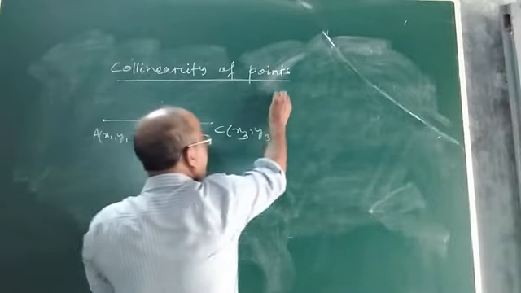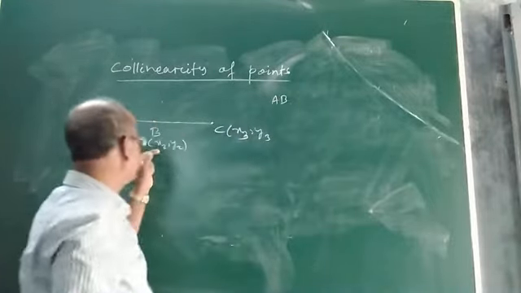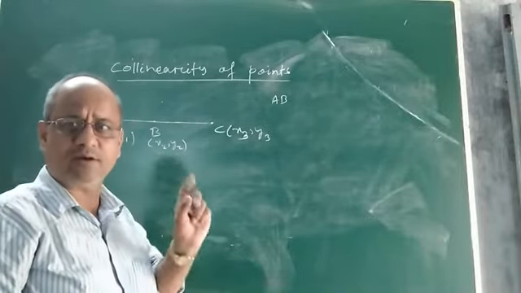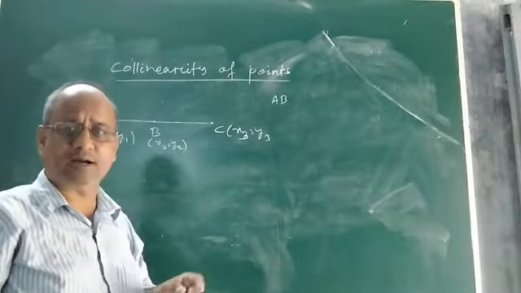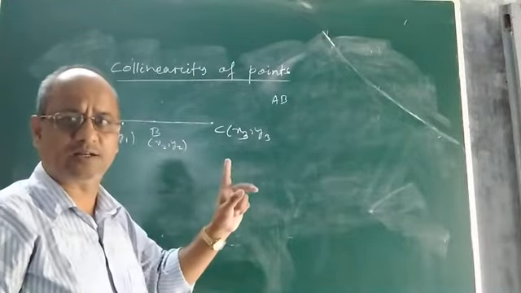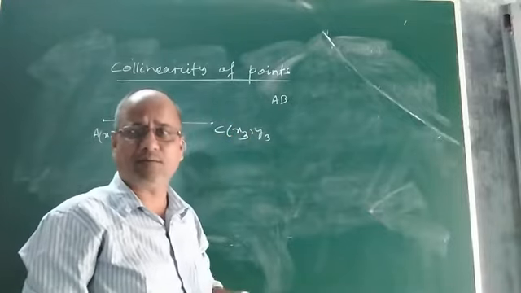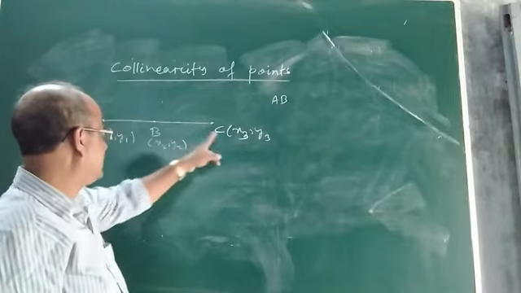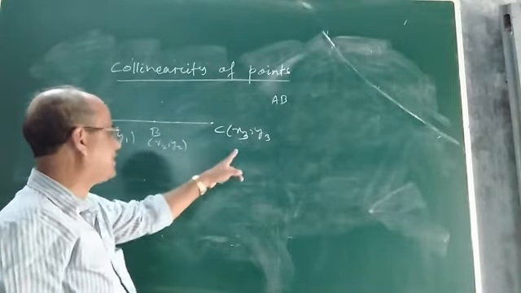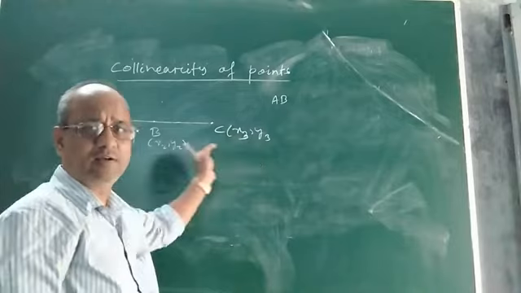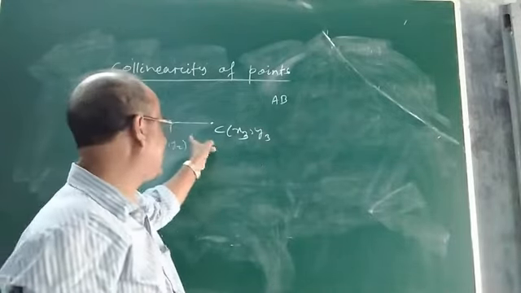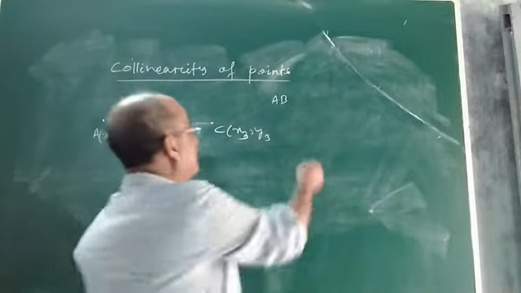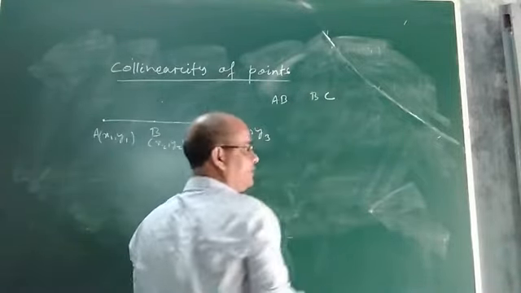First you find AB. Find the length of AB. You are given the coordinates of A and B, so you can easily find the length AB, or the distance between the points A and B, using the distance formula. You know what the distance formula is. So first you find the length of AB. Then what is the next step? Again you look at the coordinates of the 2 points B and C, which are given, x2, y2 and x3, y3. So using the distance formula, find the distance between the 2 points B and C, or find the length of the line segment BC. That means find out the length of BC.